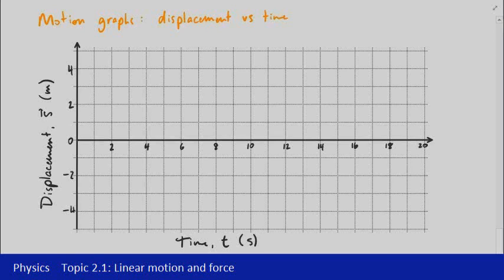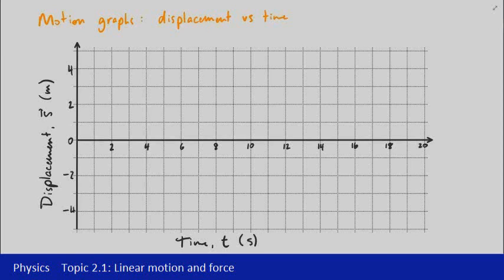Continuing with our look at graphs of motion, we're now going to look at displacement versus time. You'll notice with this graph now the horizontal axis, I've actually moved it up into the middle of the graph so that we've got both a positive displacement and a negative displacement. The reason for that is that now whether it's positive or negative becomes important. So with a distance versus time graph, the distance will always be positive. For displacement, we can now have a negative displacement, so we need to make sure we can have a negative